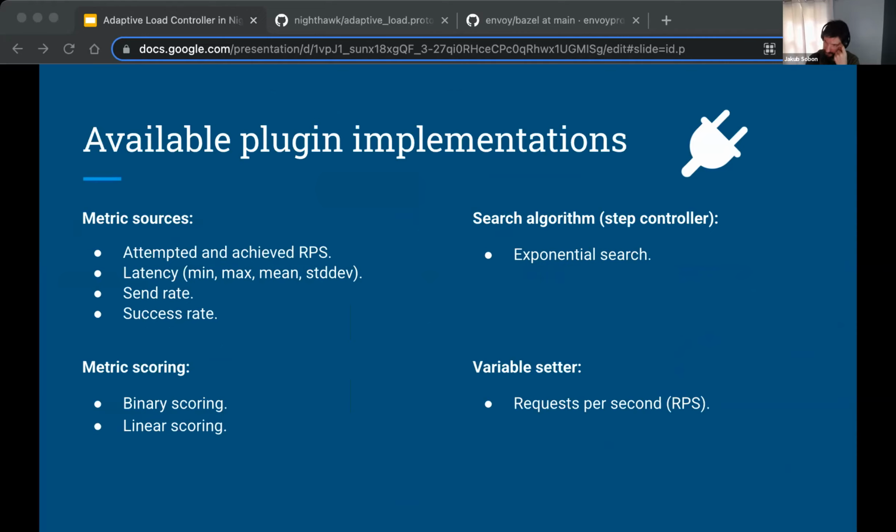All the plugins that are implemented in the open source repository are based on or read from the Nighthawk benchmark result. The plugins that exist will be able to make assertions on the RPS that Nighthawk attempted, the RPS that Nighthawk actually achieved. There could be a difference between those two for various reasons, including network congestion or something running out of resources. We can make assertions on all the latencies that are within Nighthawk's result, on the send rate